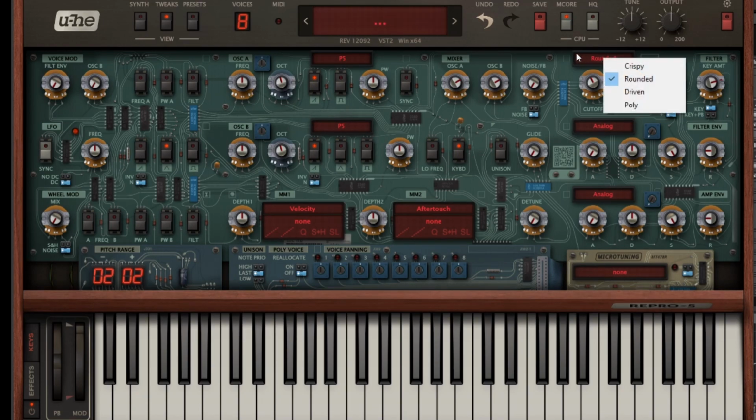So really, I like to use the rounded for the Pro 1, and I like to use rounded as my default for the Pro 5, and I just always use rounded unless I want to switch it to one of these other ones. Like driven is like an overdriven thing. Crispy is a little lighter of a filter. Poly is, you know, this kind of whatever. They have their own sounds, but the rounded